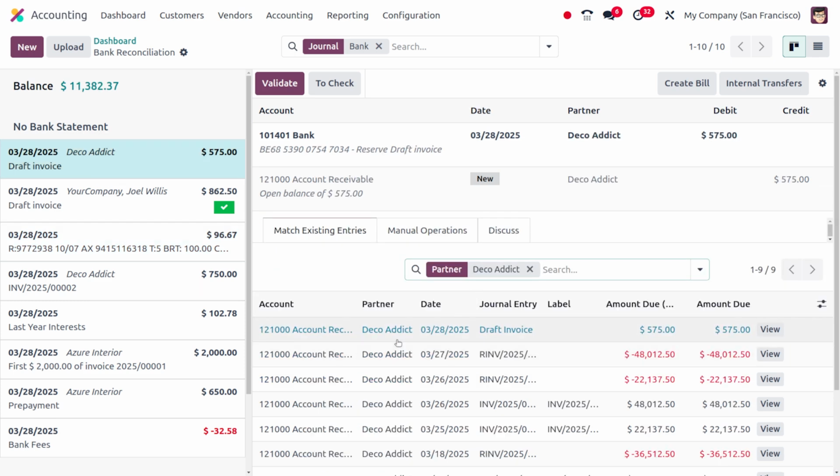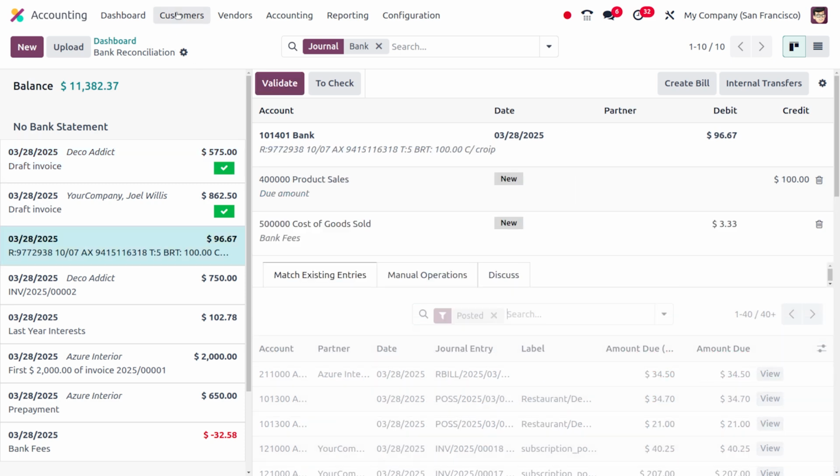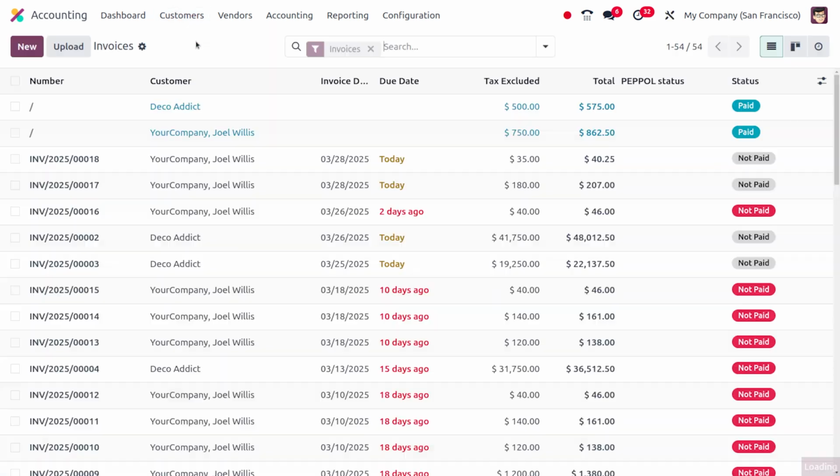So here, as I just choose a statement against the payment, here you can see we can click on validate, and upon clicking on validate, you can see it will be moving on to the posted state. So which means we can conclude that even if a customer invoice or a bill is in its draft state, we can do the reconciliation, and you can see that currently we have just reconciled the entry.